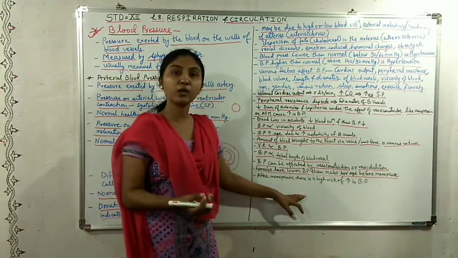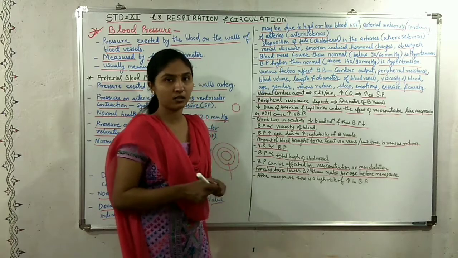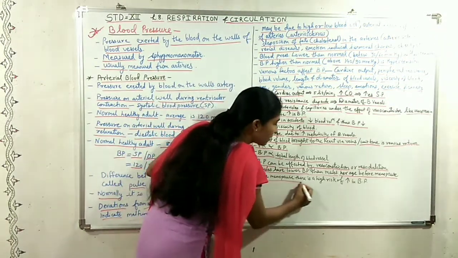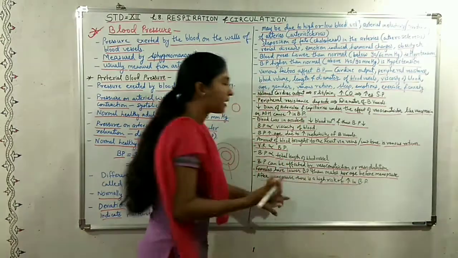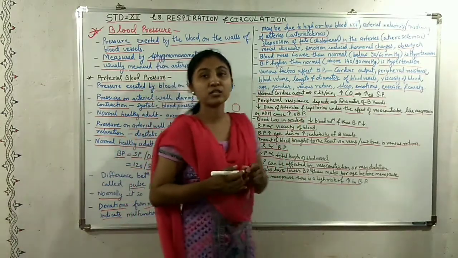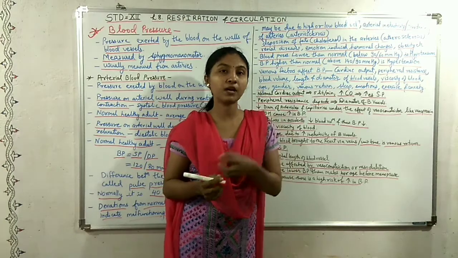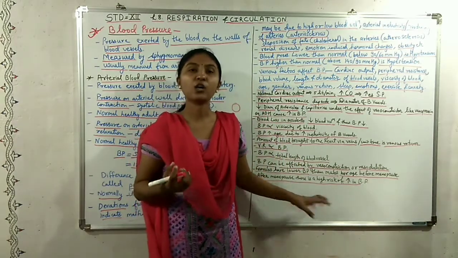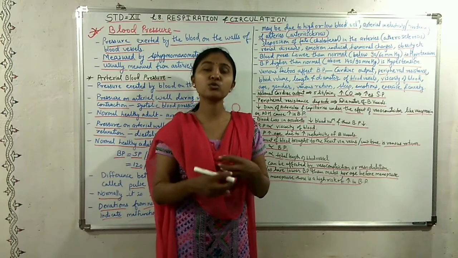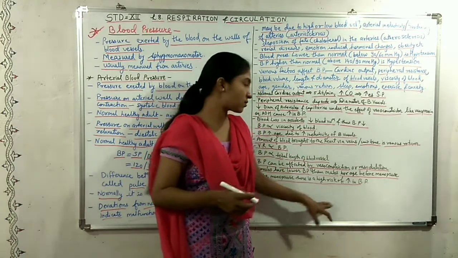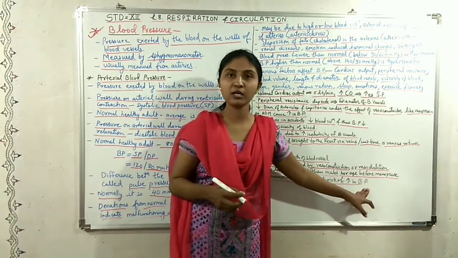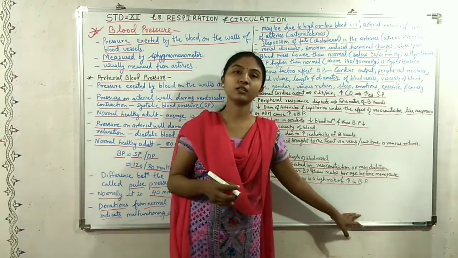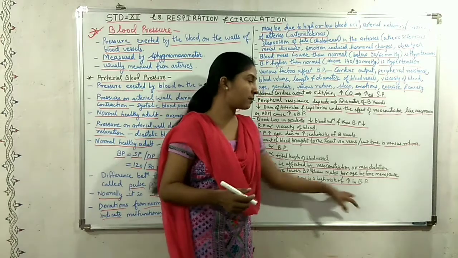Whereas after the menopause, the blood loss is decreased, blood is not lost. So the blood remains in the body only. And because of that, the resistance to blood flow in the blood vessels is more, and the vessels are not used to that resistance. So that's why the increase in blood pressure occurs. The blood pressure increases, or there is a high risk of high blood pressure in females after